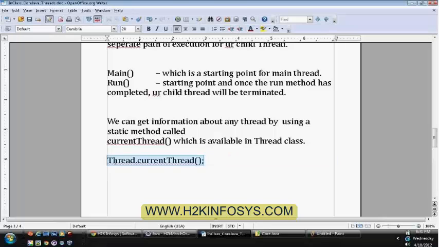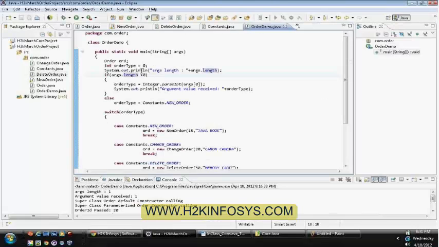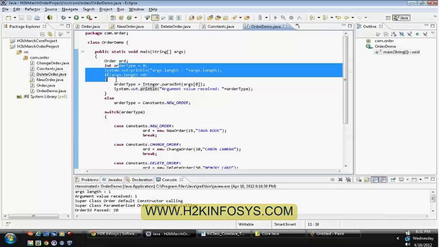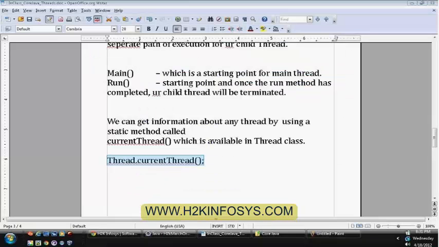This line is supposed to be executed by a thread only. Either it can be the main thread or a child thread, wherever you have written it. In our case, this line was executed by the main thread. If you have written it at this level, all these lines are executed by your main thread only. That means this particular line also will get executed by your main thread.